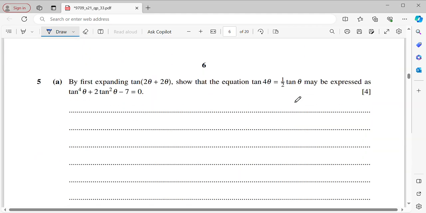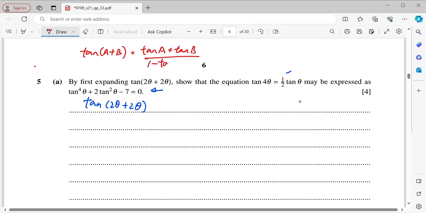Question number 5a. By first expanding tangent of 2 theta plus 2 theta, show that the equation tangent 4 theta is half tangent theta may be expressed as this. Now, tangent 2 theta plus 2 theta is to be solved using the addition formula. Tangent of A plus B is tangent A plus tangent B divided by 1 minus tangent A tangent B. So in this case, A and B are equal to